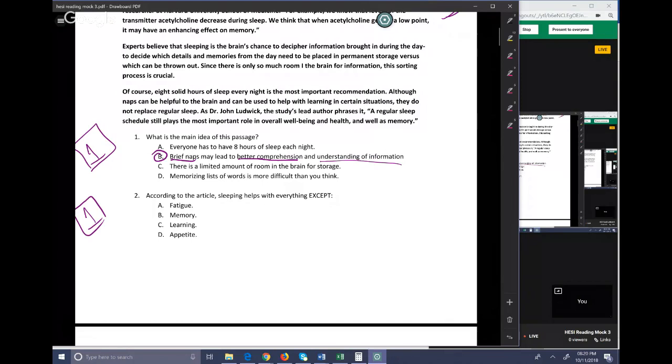According to the article, sleeping helps with everything except. I'm going to tag this as reading 1 because, and here's the note that I wrote myself when I just did the test, details are easy to keep together with the context you got from your breakdown strategy. Using the breakdown strategy means you understood the passage better and you remember it better. Remembering the passage is what allows you to be like, oh, you know what? They never mentioned appetite, but they did mention being tired, memory, and learning. So most of these general questions, where they ask what the author did or didn't talk about or what kind of details were there or not there, come from you having used your strategy. So that one would be D.